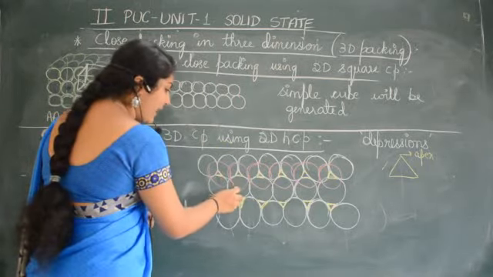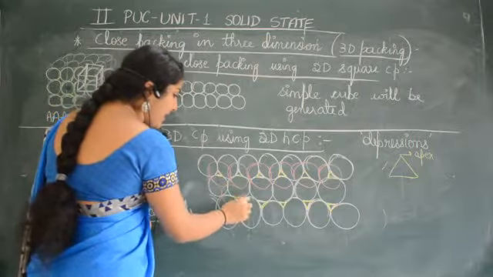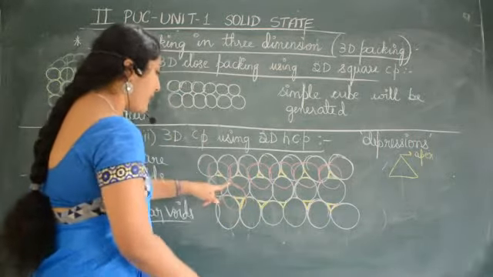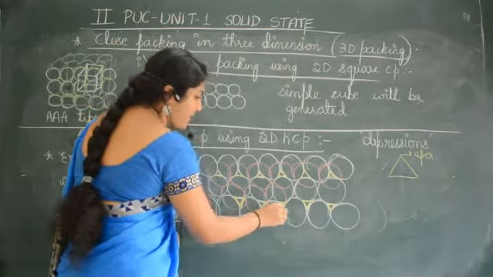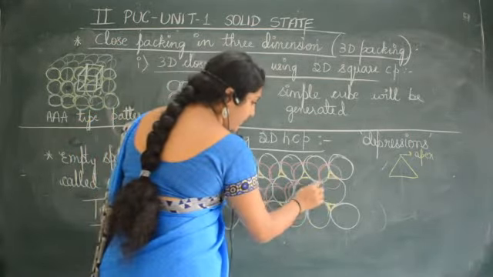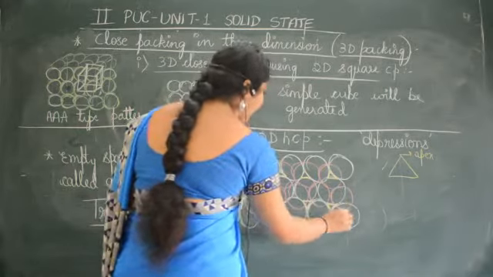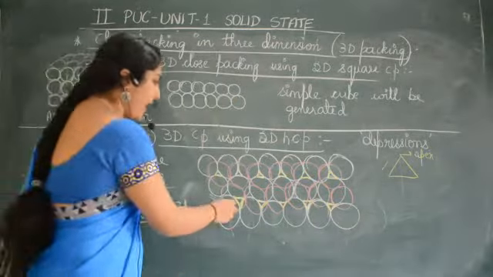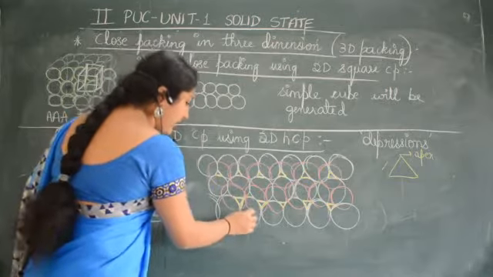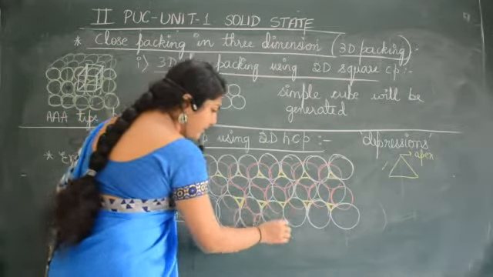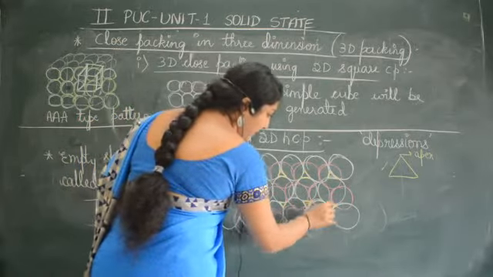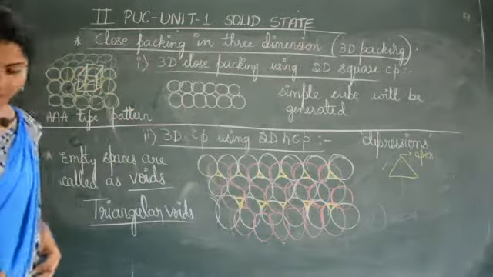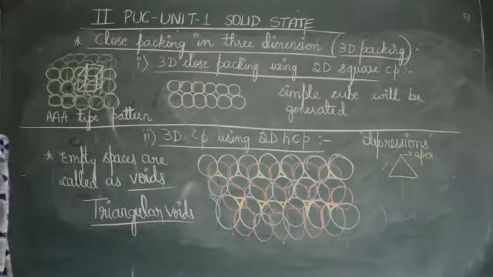Now again, how is the next layer arranged? The next layer is arranged such that in the depression, one more layer has to come, isn't it? One more layer comes here in the depression. Like that it continues. Are you understanding? Now again here layers will be arranged this way. Now during this arrangement, what you see is